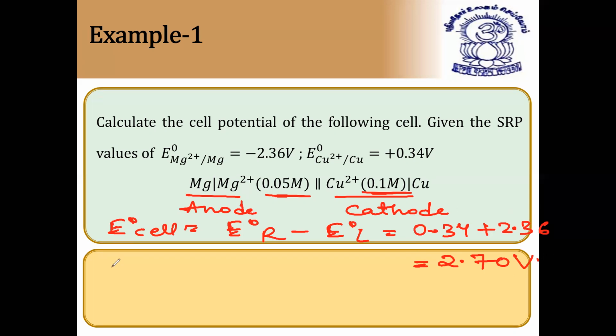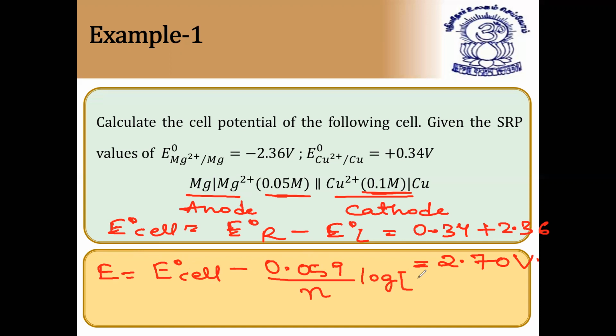Now the EMF of the cell E, applying the Nernst equation, is E° of cell, that is 2.70 volts, minus 0.059 by n. n is nothing but what? Here 2 electrons. So n is 2, into log of concentration of, first we have to write Mg2+, because it is the product, divided by